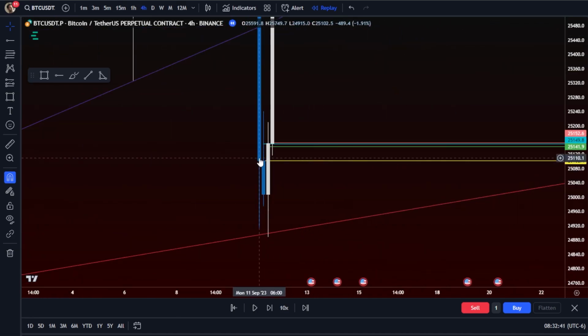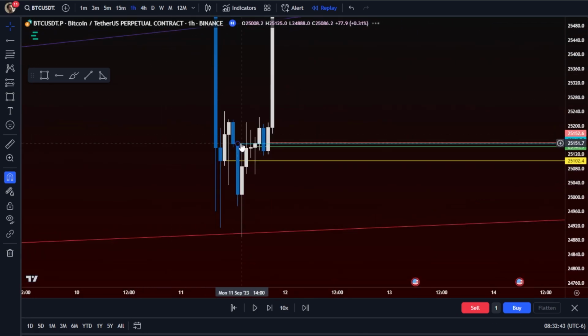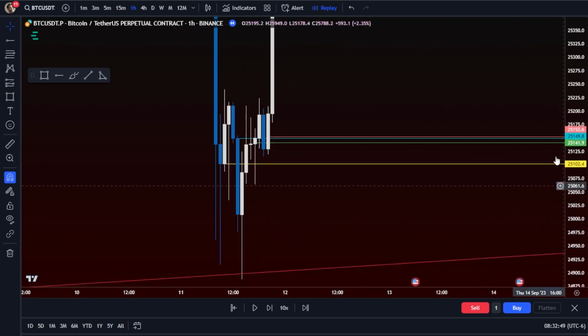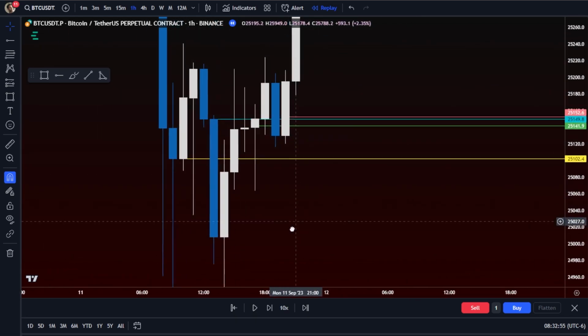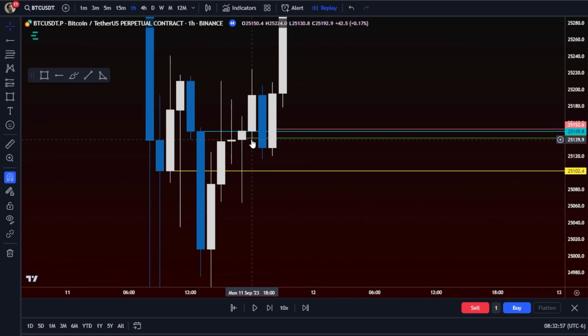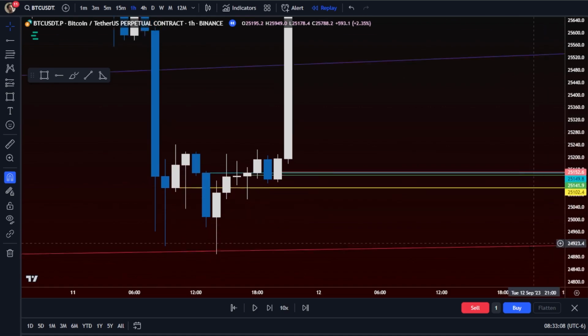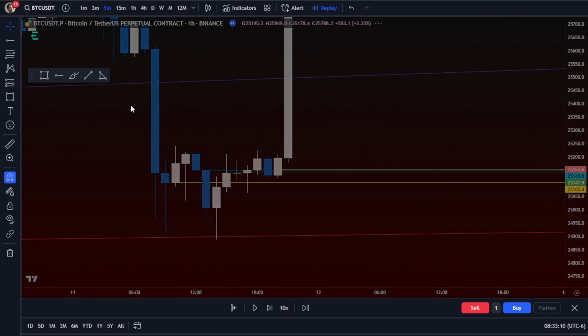You need to get over that 4-hour. In order to do that, you need to hard close the daily. And if you hard close the daily, your 15 is going to be the re-entry post this. So you can notice how in all of these trades, every time frame is in front of each other. You hit the daily, you've got your 4-hour hold, hourly's in front of it, 15-minute is in front of the hourly, 5-minute is in front of the 15. 15 is your entry to confirm the hourly, which holds the 4, and then the 5-minute is like, that's it, last call, right? So that's one example of how you can increase quality of trade, right?